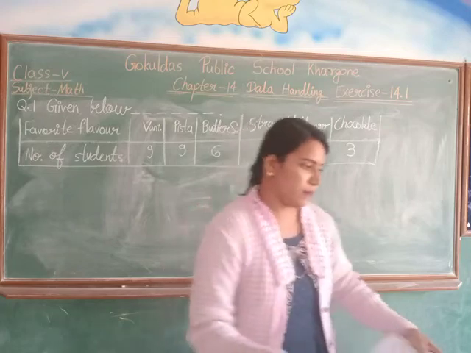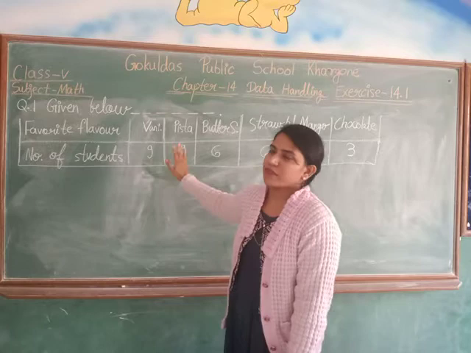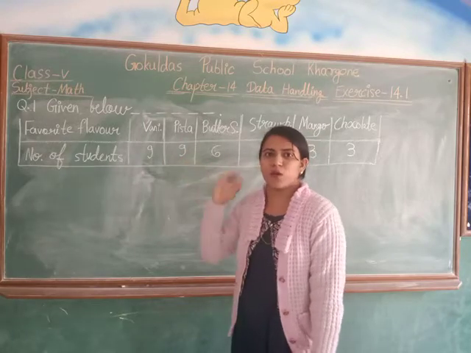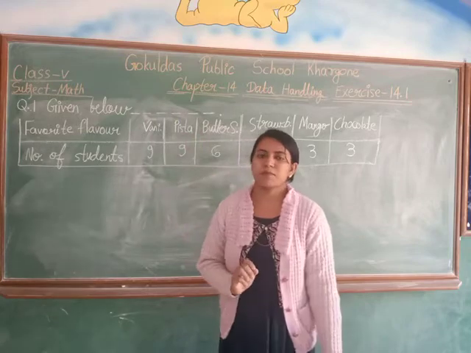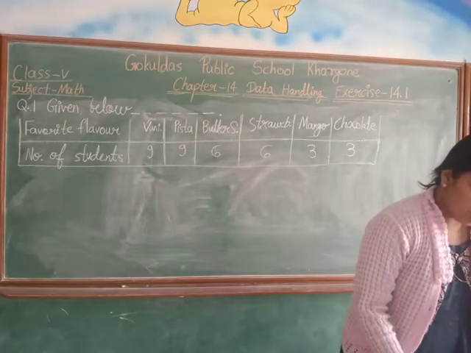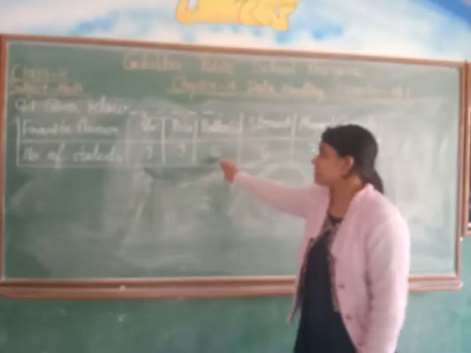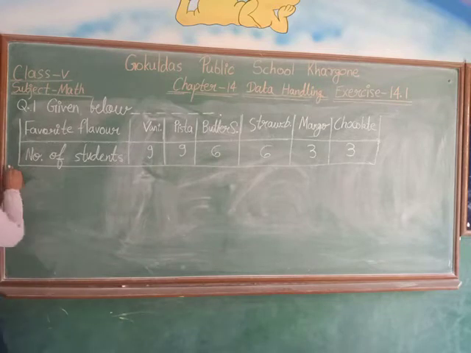Look on the board. I have already drawn the table. You will draw this table with the proper scale and pencil. Okay, you will write the question from your book properly. Now look at the board, how we will represent this data on a circle graph. Okay, so here I am writing the solution.